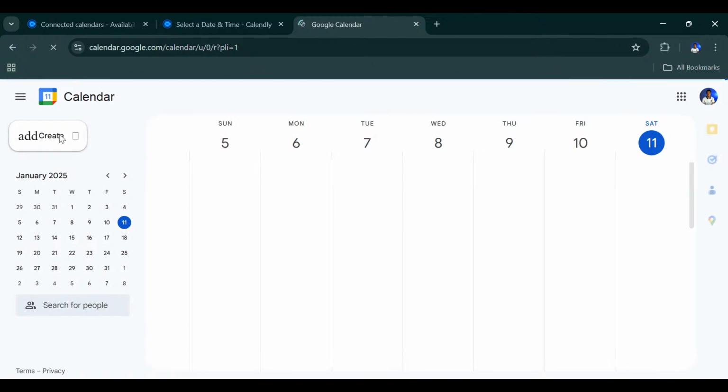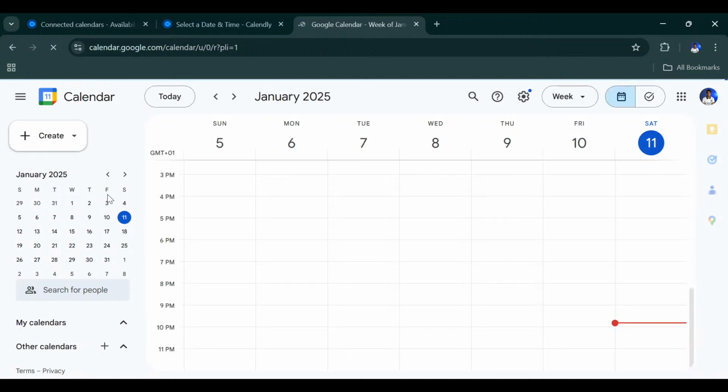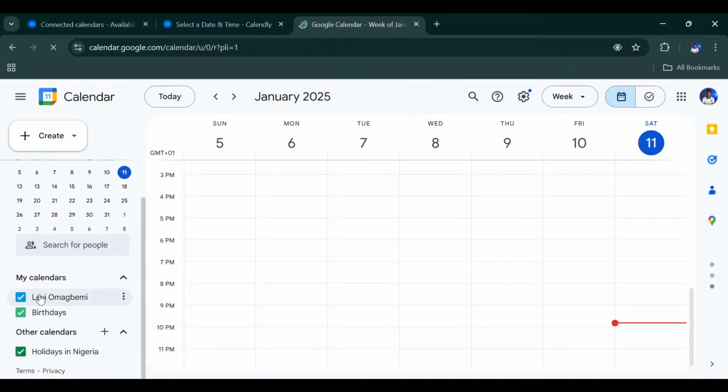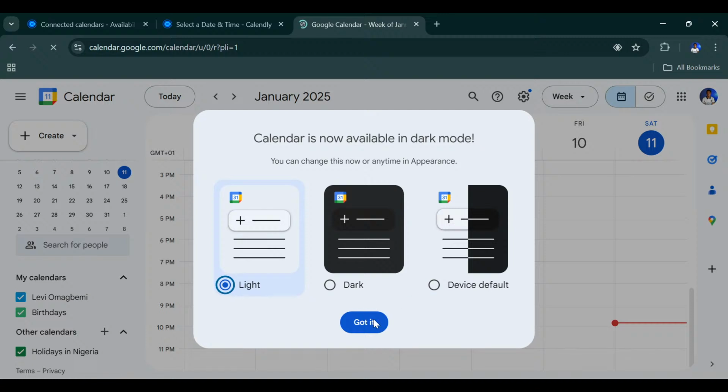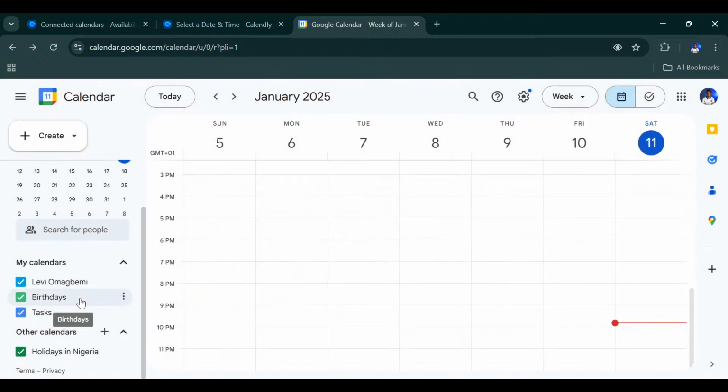By default, you are going to have a calendar created for you by your name. So you see, my name is Levi Omagbemi, so I have a calendar created for me with my name by default. So I'm going to go to settings,